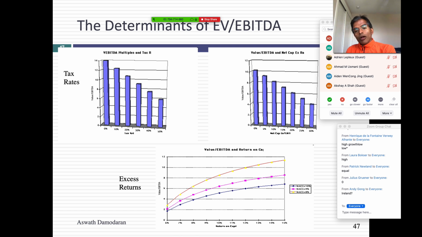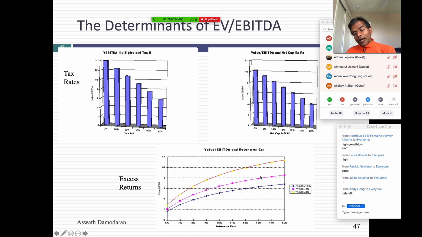When you compare companies, you want to make sure that the tax rates you're comparing are also brought into the comparison. I also looked at what will happen to EV to EBITDA as I increase my reinvestment. Holding my growth constant, that's critical. If I increase my reinvestment, I'm getting less efficient about the way I deliver growth. My EV to EBITDA multiples get lower. So when you look at infrastructure companies, often they trade at abysmal EV to EBITDA multiples. You know what infrastructure companies are? Toll road companies, steel companies. And the reason is very simple. Not only do they have to reinvest a lot, their growth rates have dropped at the same time. So they get this very toxic combination of low growth and high reinvestment, shows up as lower EV to EBITDA multiples.